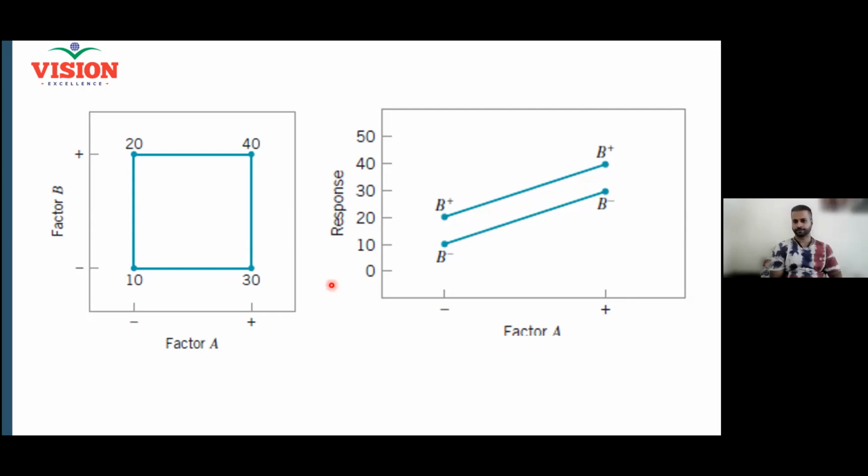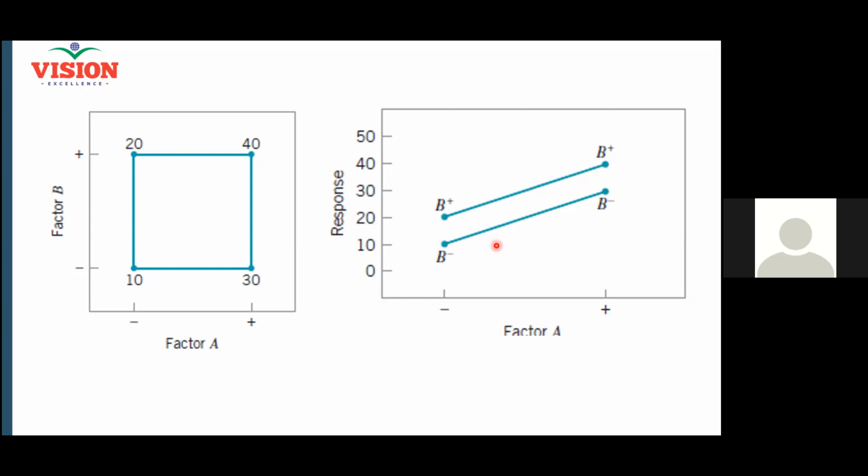The factors you are studying do not have any interaction. You can independently control them. You don't have to worry about the position of A to change B, and you can do vice versa. You can control A independently and B independently. Presence of A does not disturb B and presence of B does not disturb A. Or the level of factor A does not disturb the effect of B, or the level of B does not disturb the effect of A.